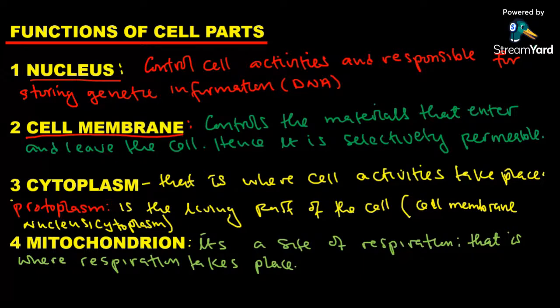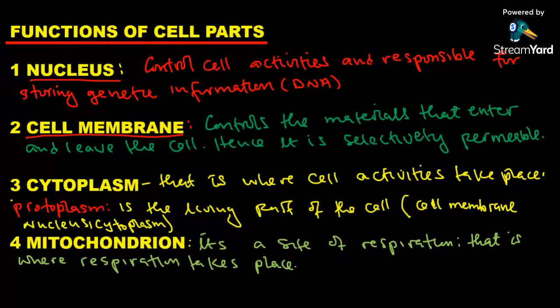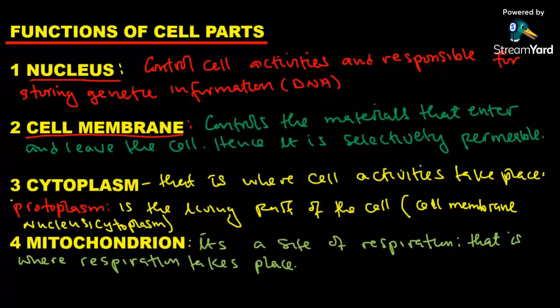How does it do it? It is selectively permeable. So now listen, where you are going to make a mistake is where you are asked to give the function of the cell membrane, then you say the cell membrane is selectively permeable. No, that is just a feature. That is just the adaptation of the cell membrane. The cell membrane, the function is not its being selectively permeable. The function is it